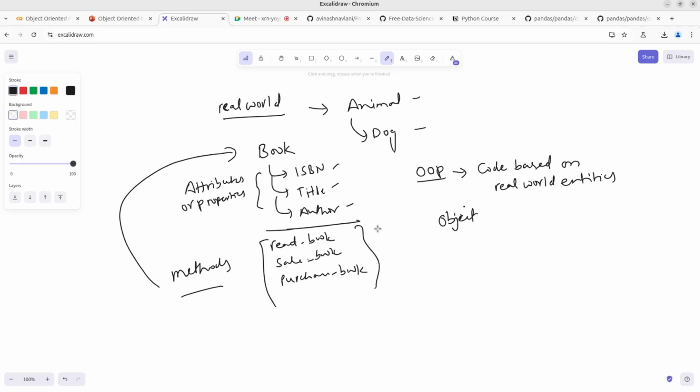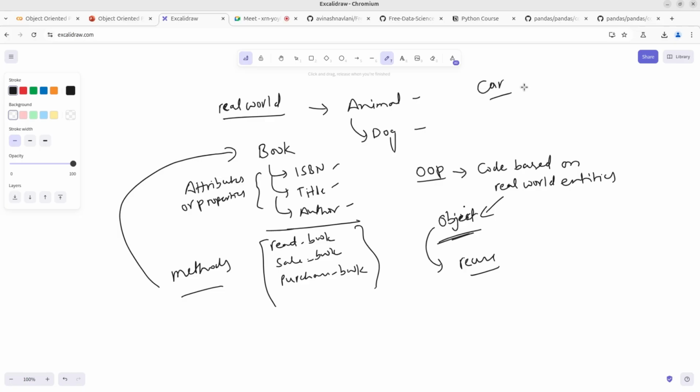Why? Because we want to make it as real as possible. Till now you are writing functions, creating your list, tuple, dictionary, creating modules, creating packages, but still we want this OOPS code based on real life entities or objects. This object way is important because we can reuse this. Like for example,